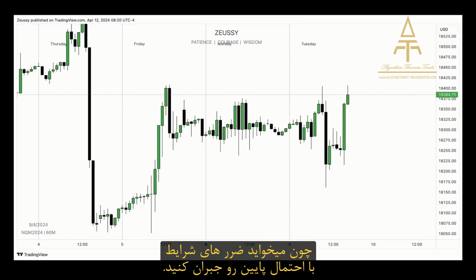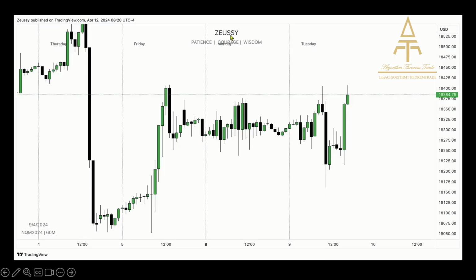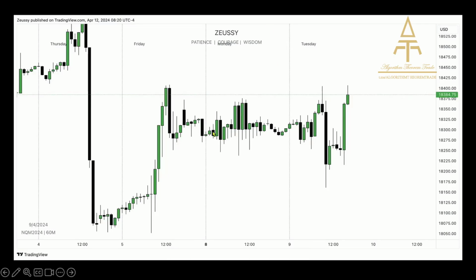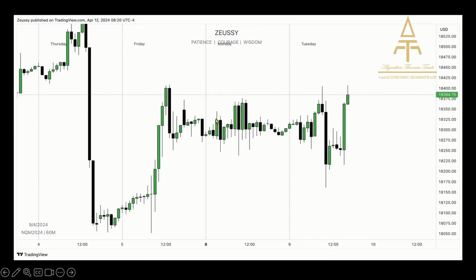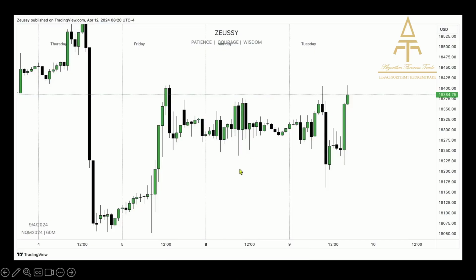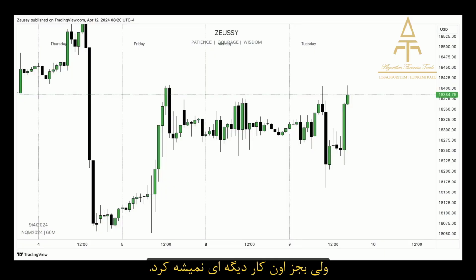Because they're trying to get back what they lost on a day that was low probability. And therefore, I'm sharing with you, this is a day that you can avoid. What are some of the specific signatures that were present, you might be wondering? Well, take a look at how the New York session right here delivered relative to London. London high, London low. Notice that the London high got taken out during the morning session and the London low as well. Of course, a trade was possible from the high to low or from the low to high. However, besides that, no opportunities.